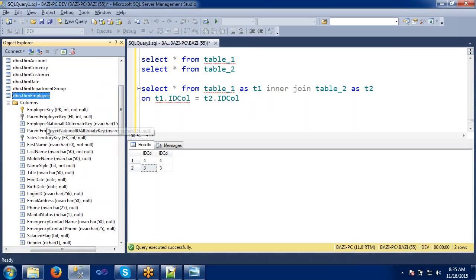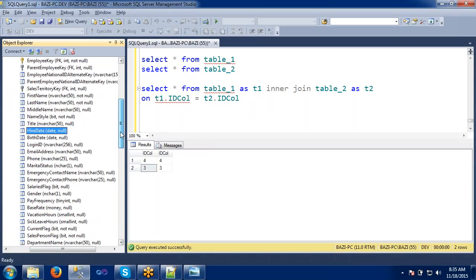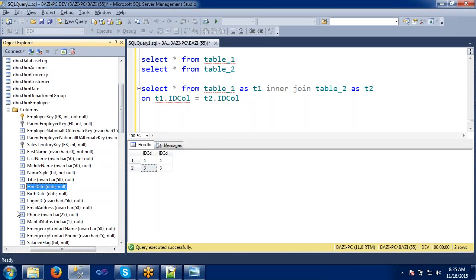If I want to join this birth date to some other table, every time I have to type dim employee dot middle name, dim employee dot hire date. So every time I have to give the table name.